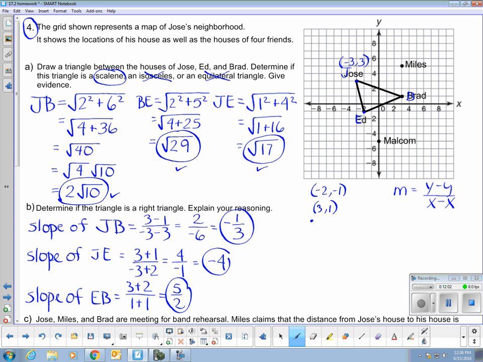So once again, we notice that all 3 slopes are not opposite reciprocals of one another. So no, this is not a right triangle. And the reason is because